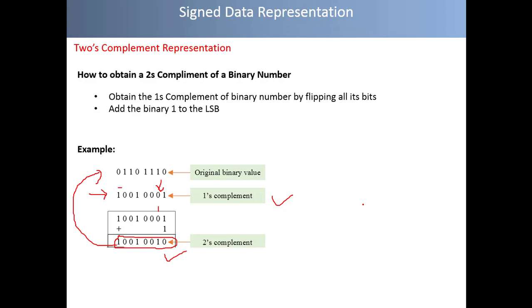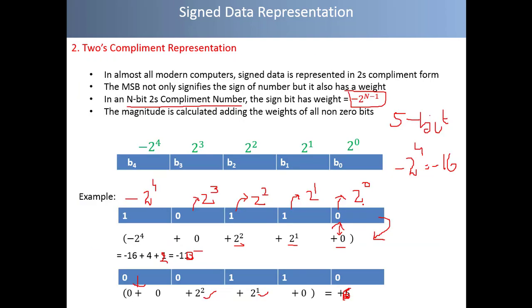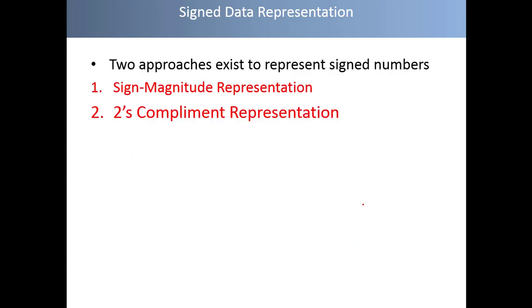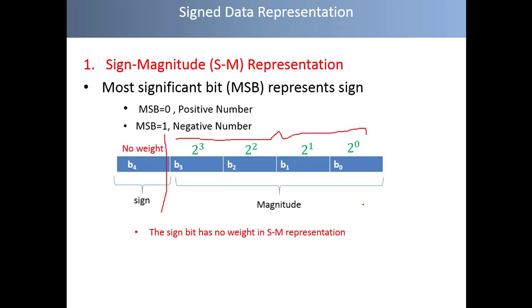So we end our lecture here. We have discussed three things. One, unsigned number data representation does not require an extra bit to denote its sign. For signed data representation, we have two approaches: sign magnitude and 2's complement representation. And we have learned how to convert binary numbers available in sign magnitude or 2's complement form into their equivalent decimal form, and how to convert a given binary number into its 2's complement number. So let us meet in the next lecture.